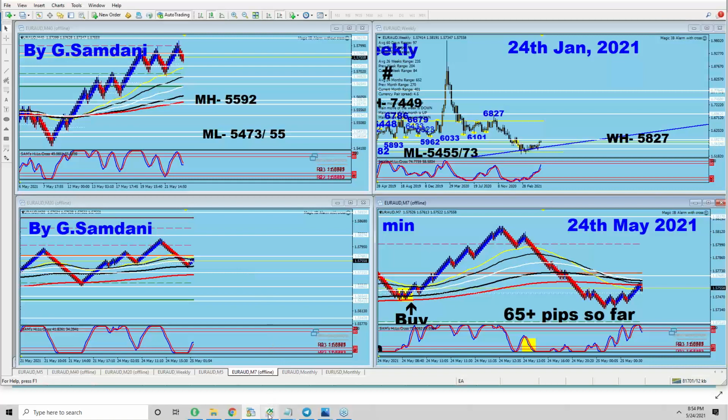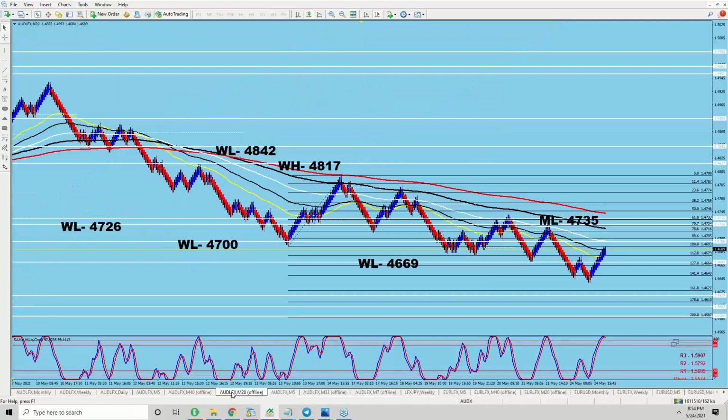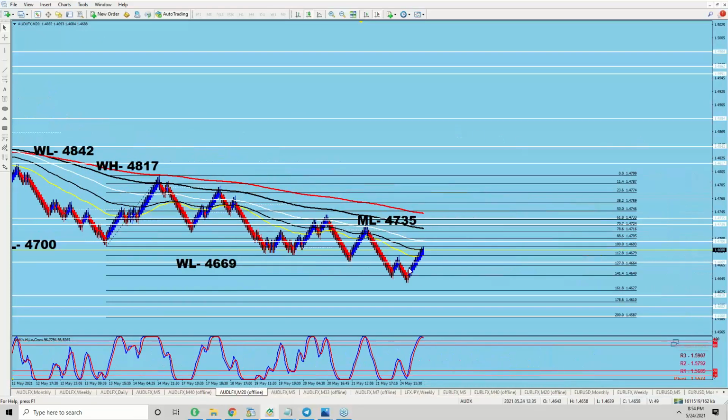I already showed you the index. Let me go back here. This is how it is, and this is the index 20-minute chart. Not only the Aussie index, you can see here, Aussie news is coming. That's why I showed it to you. But the 20-minute is this, right? So the 20-minute index is just the opposite. It is right now bearish and making a bearish setup. I need this thing to go up. Aussie needs to get strong for the EUR-AUD to go down.